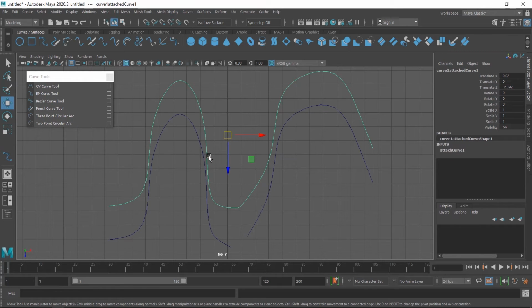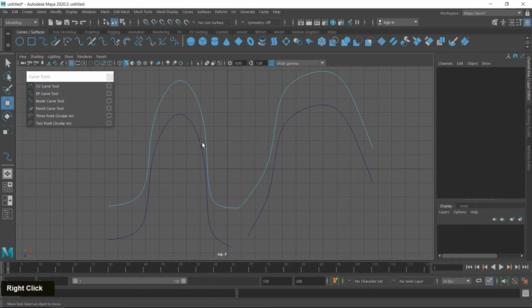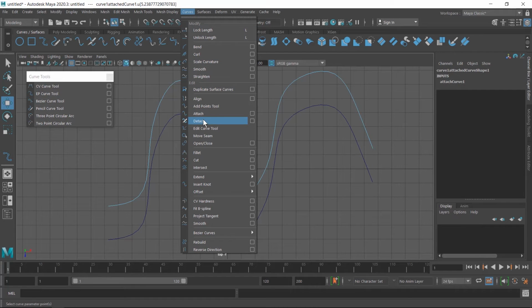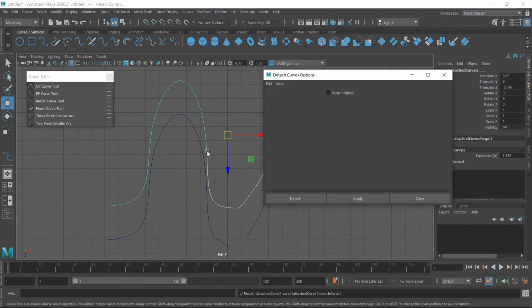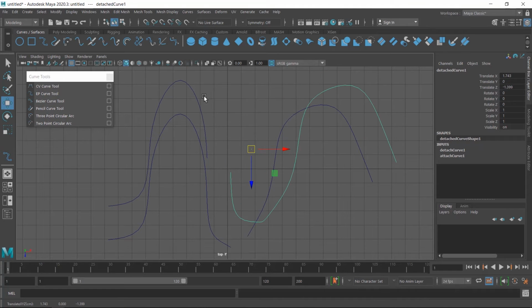If you want to detach this curve from this area, first I create a curve point here by right click and choose curve point and then click on this area. So a point is created here. Then go to curve and click on this detach, or you can also choose setting box. No more setting is available in this tool. Click on the apply. So curve is detached from this point. Close this dialog box and now you can select these curves separately.